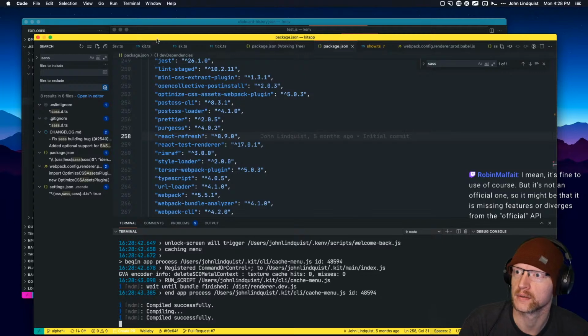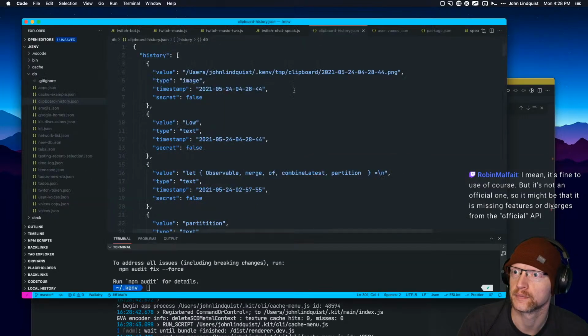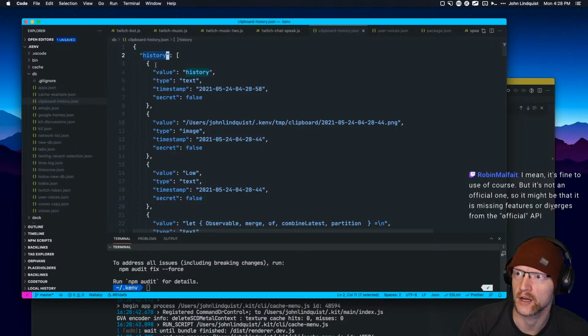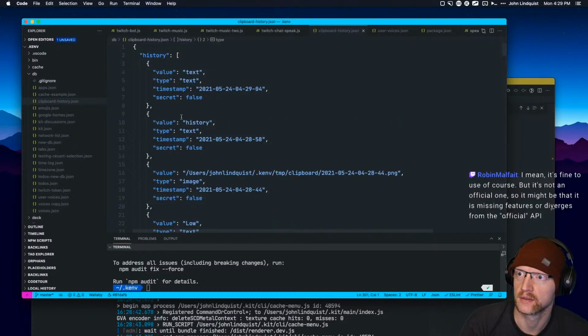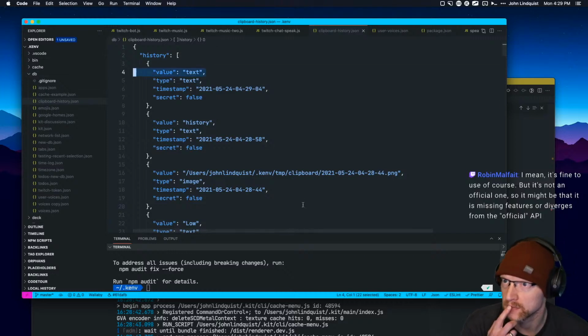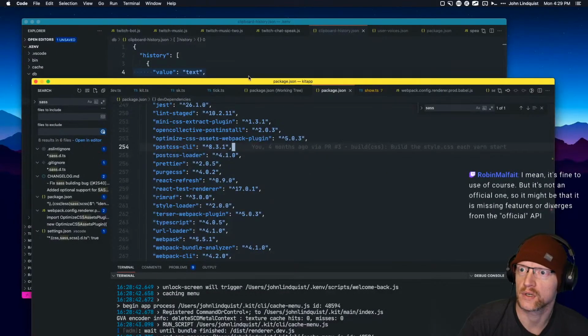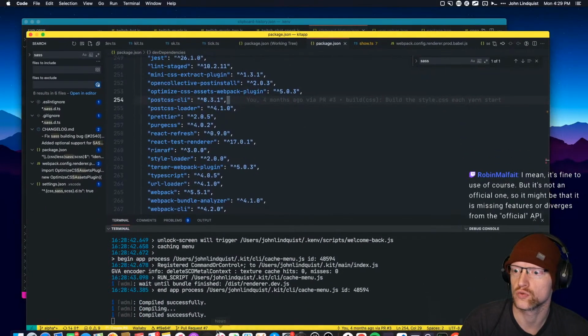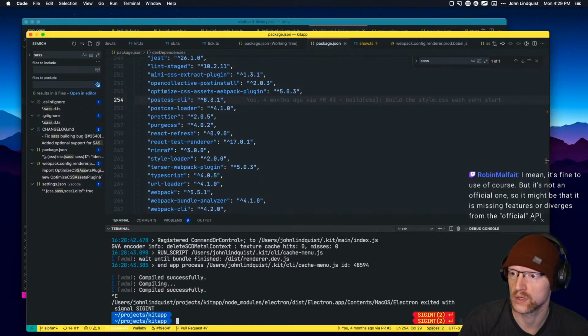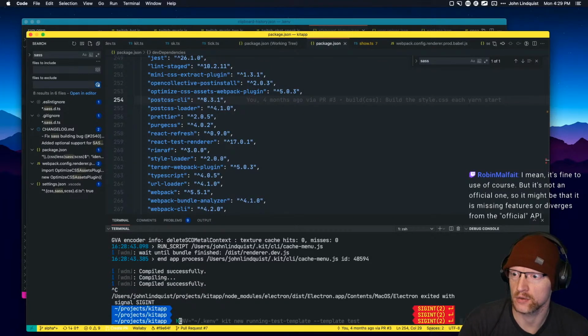Okay, that looked better. Yeah, it already detected my clipboard history. So I copied history and it went there. If I copy text, you'll see it'll go there. So that's working. And okay, so since those aren't, let me try using